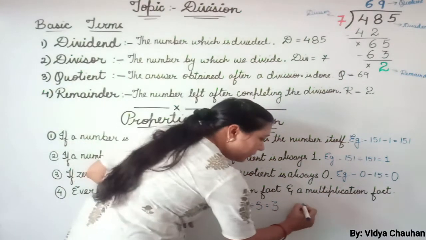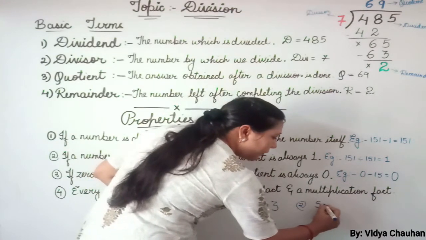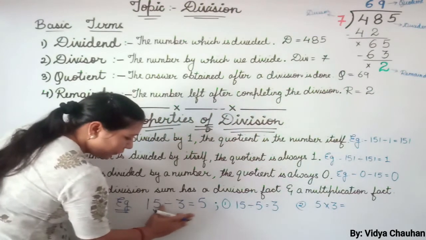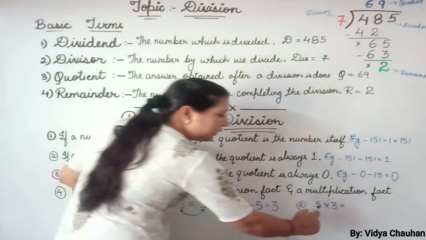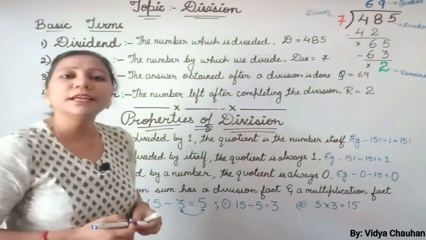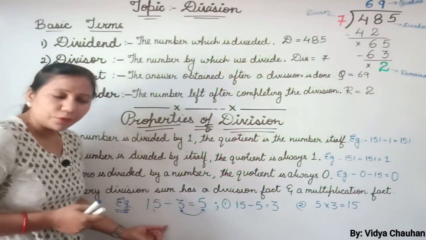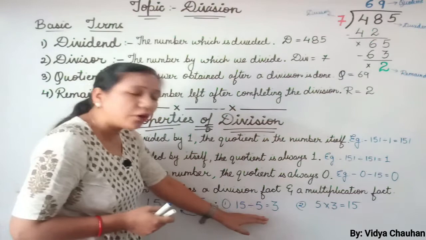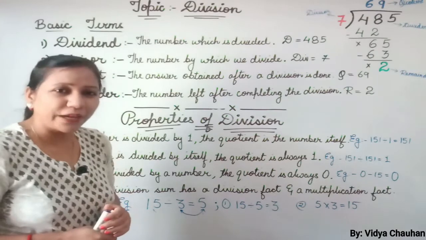At the same time, we can also write it as a multiplication fact. Multiplication fact means if I multiply 5 with 3, we are multiplying these two terms, 3 and 5. If I multiply 3 into 5 or 5 into 3, our answer is 15. So this is called the division fact, a very important property in which a sum related to division can be written in a different form of division and can also be expressed in the form of multiplication fact.